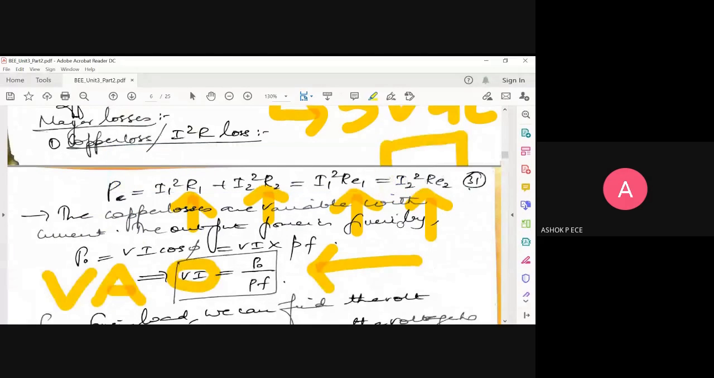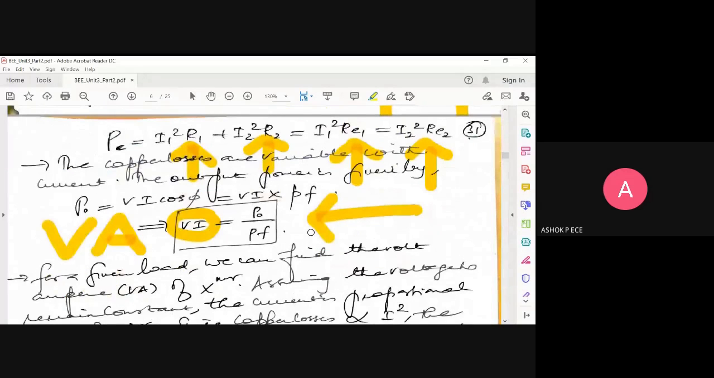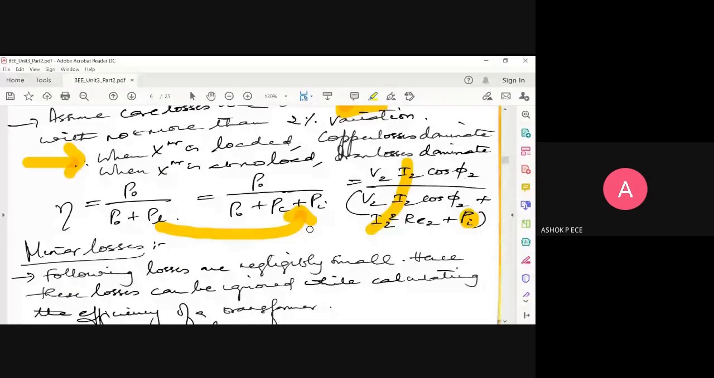What other losses do we have? See, we didn't include some of the losses in the transformer efficiency. We are going to see what additional losses may occur in a transformer, which we have